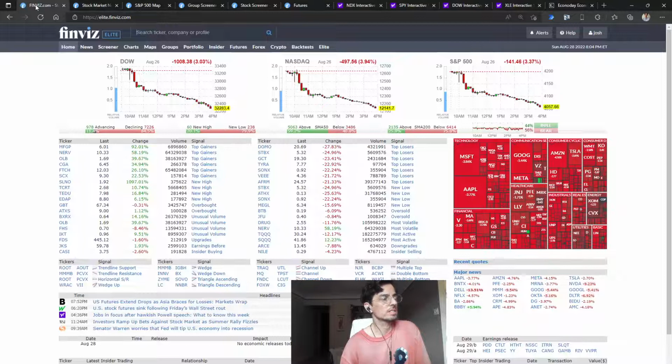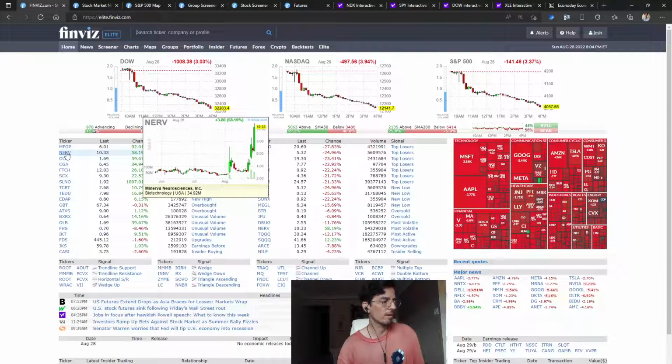So that was the economic calendar. Jumping over to FinViz to look at all of our heat maps and stuff. I purchased the Elite package, which is like $40 a month, so we wouldn't have to see ads, basically, but it has a few other perks. Beginners, there are winners and losers. This is the only one I'm really aware of. Neurosciences, they discovered some new cure or treatment for a lesser-known illness, so you might want to look at that. It really spiked up.